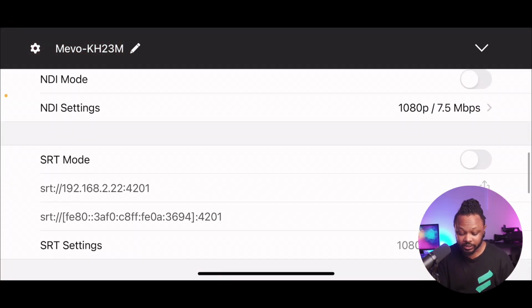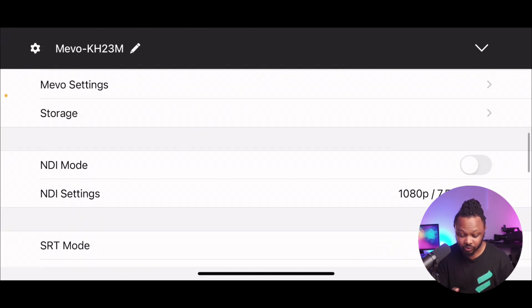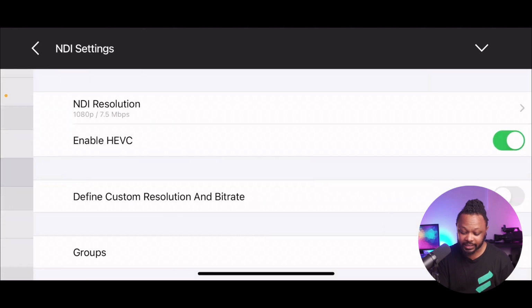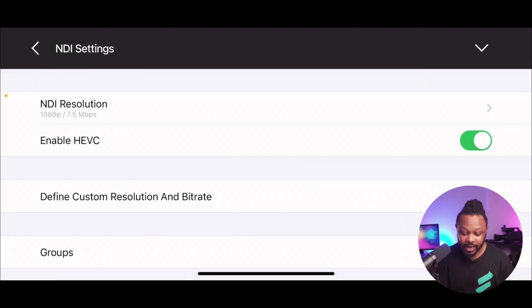So what you need to do is you actually need to go to the camera, into the camera settings, and you're gonna go here where it says NDI mode. Now you have NDI settings. You can actually click and enable HEVC. So I believe HEVC is H265, which is a codec that's gonna give you a higher quality